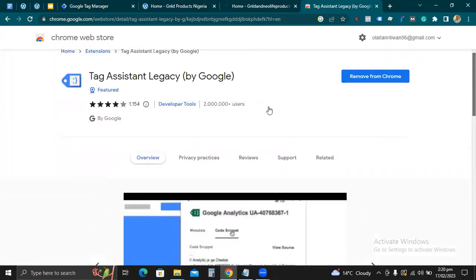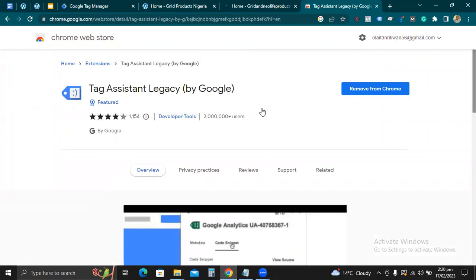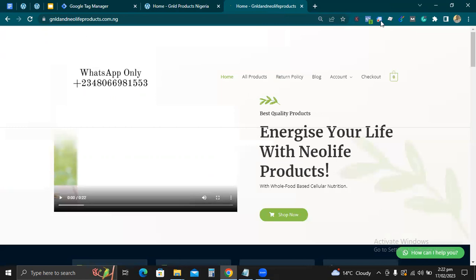This tool will help you confirm if Google Analytics is installed on your website. And if it is not installed, it will tell you that it is not on your website. So you will know the next thing to do. So let me show you how the website